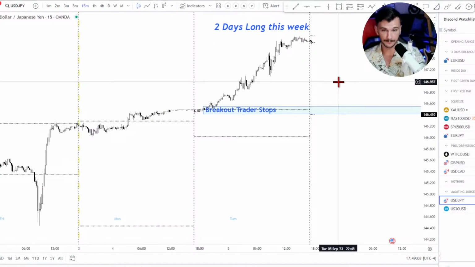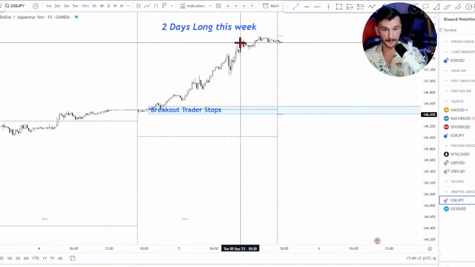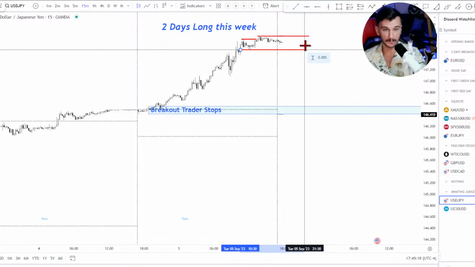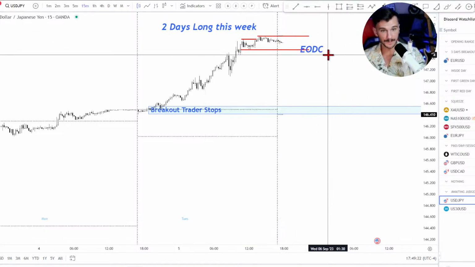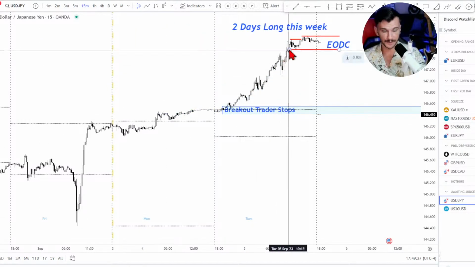I like this. I could see that something is forming. I'm not saying that it's formed right now. I'm not saying it's prepped right now. But the fact that it's pumping at the beginning of the week already, I like that. That makes me warm and fuzzy on the inside. EODC, this seems to be trading very clean out of all the pairs. It just seems they brought this market up very high very quickly right at the beginning of the week.